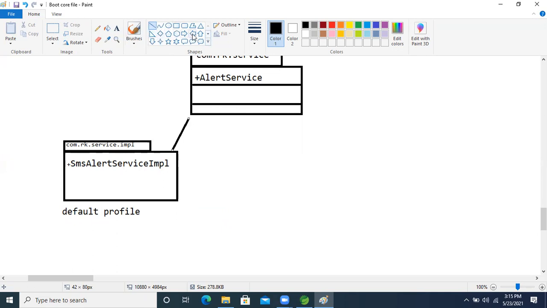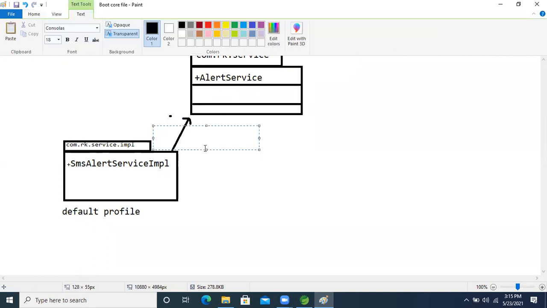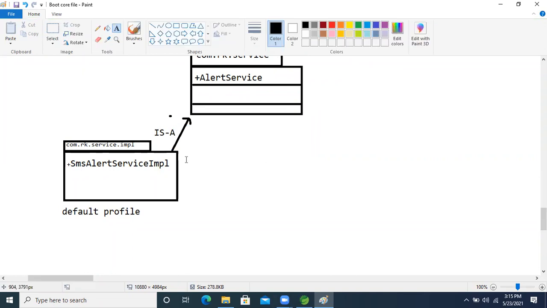Okay, this is the IS-A relation between these two classes.